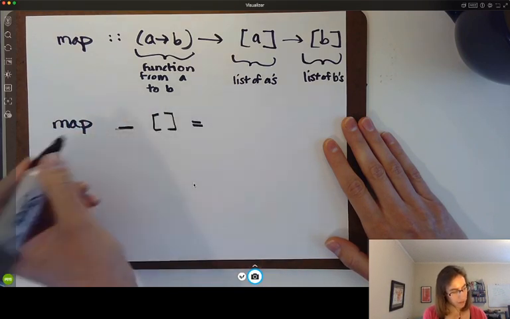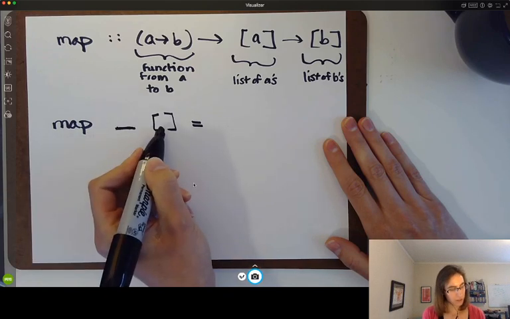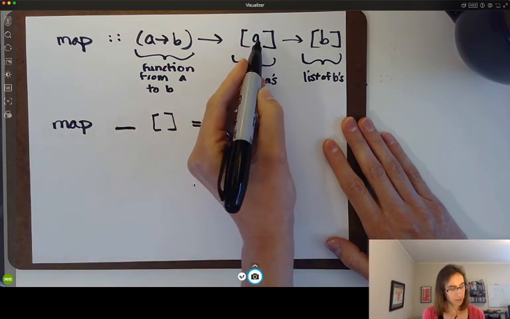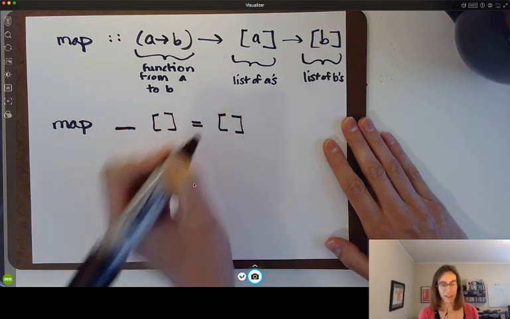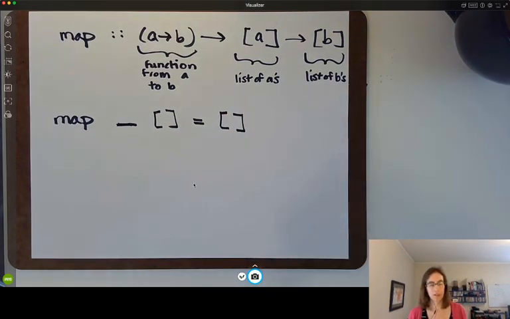So in the case where the input list is empty, this is an empty list in Haskell, then the output list is also empty. That's that case. That's the boring case, or the base case. And in the other case,